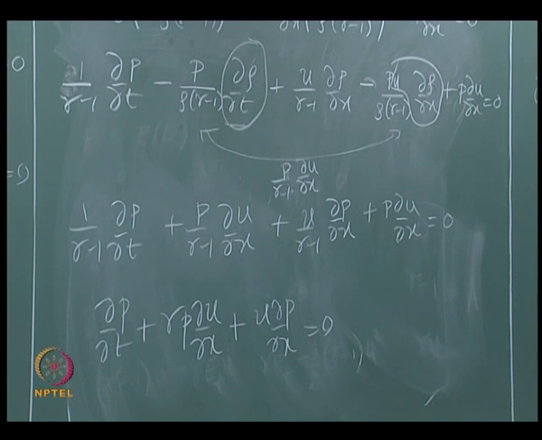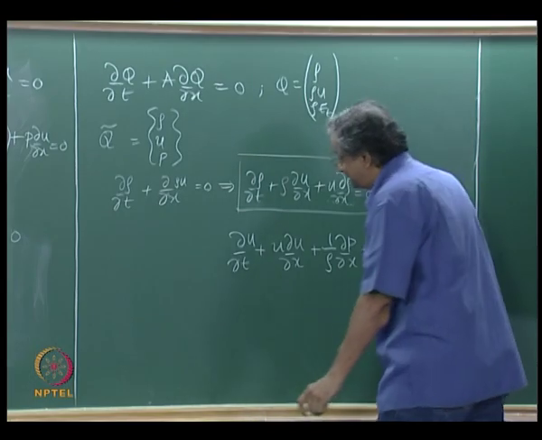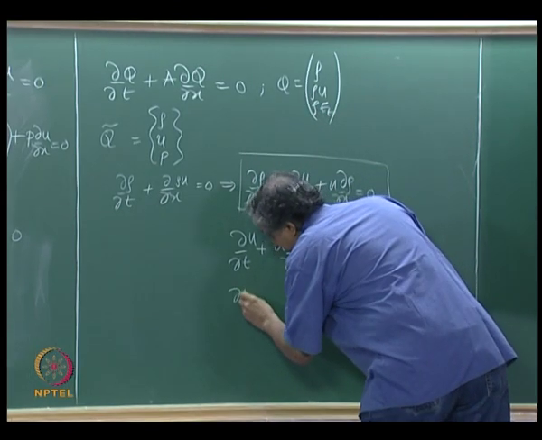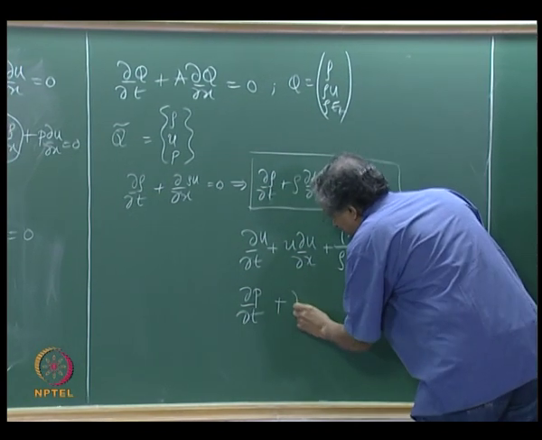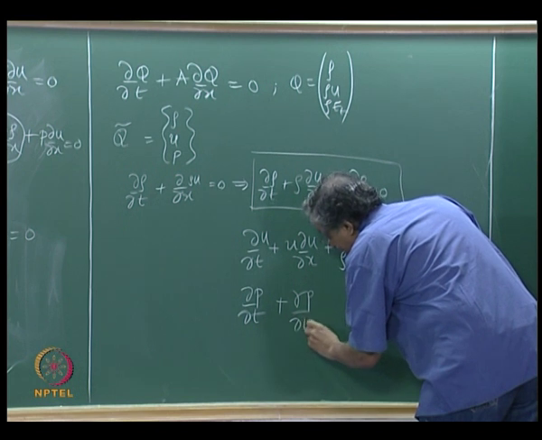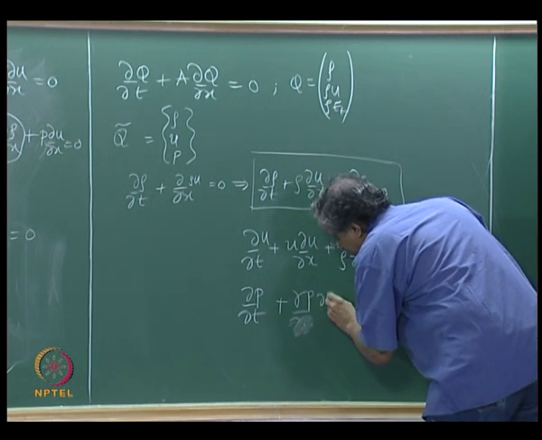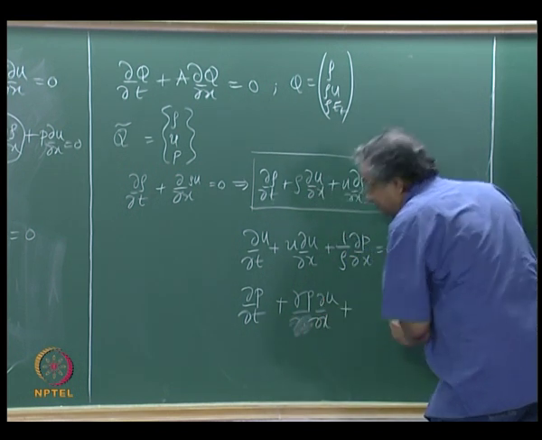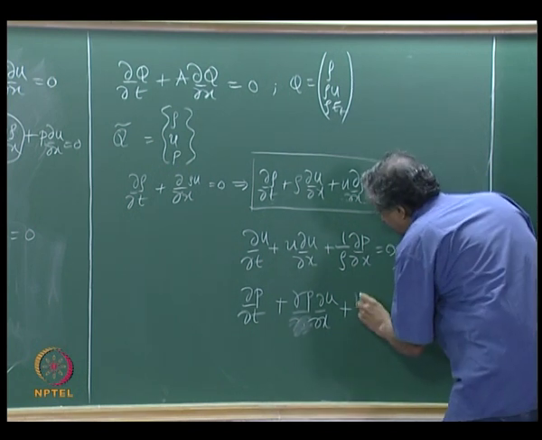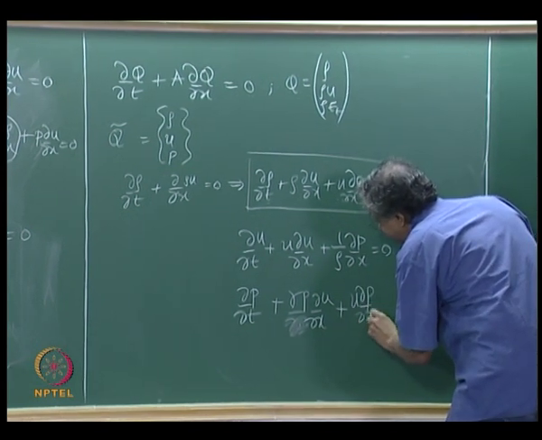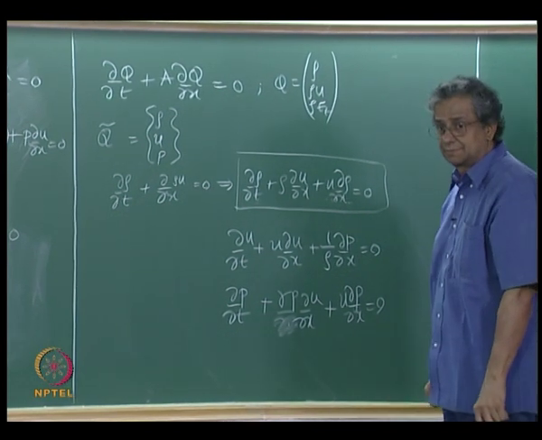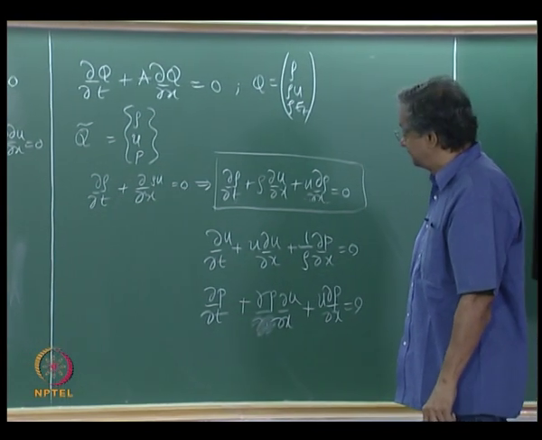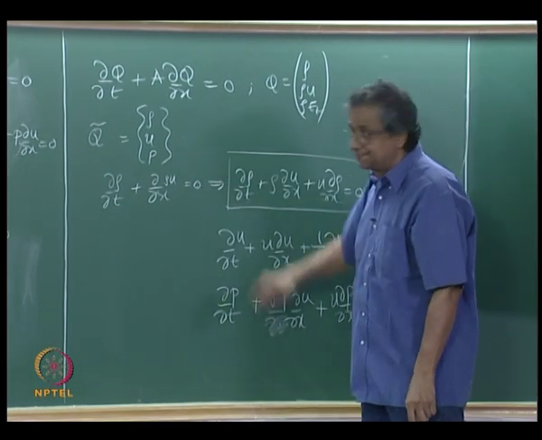Well, we will find out. If I made a mistake, we are going to find out. Dou p dou t plus gamma p dou u dou x plus u dou p dou x equals 0. How is that? So if this is q tilde,